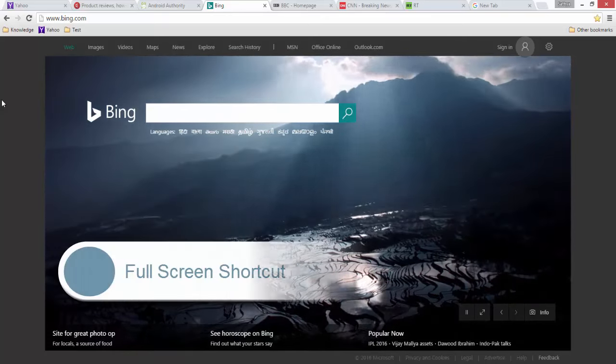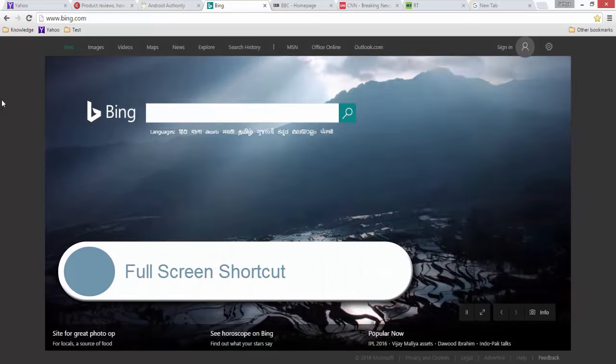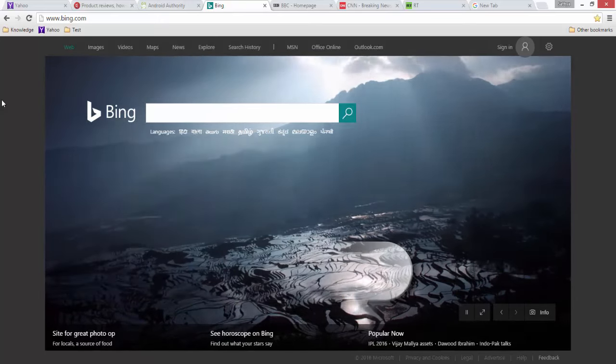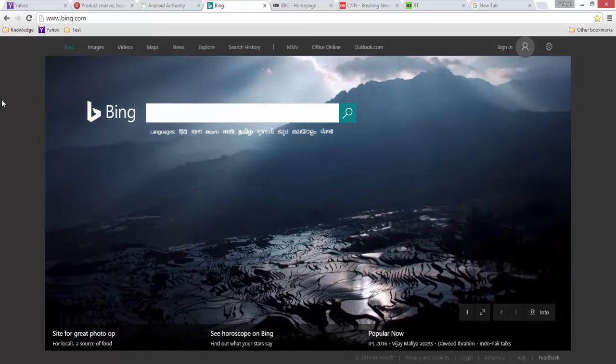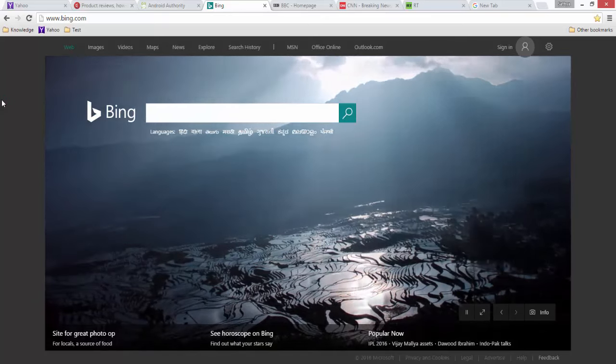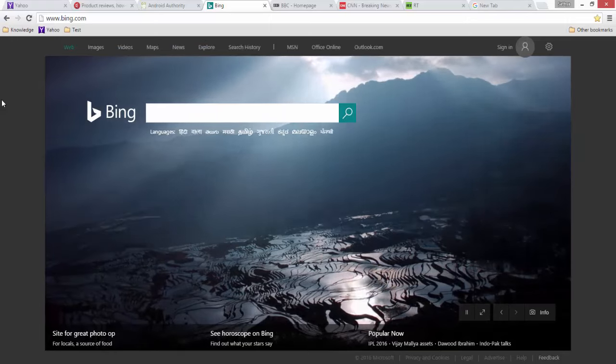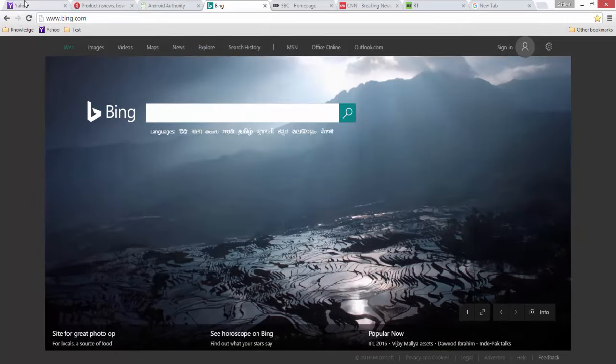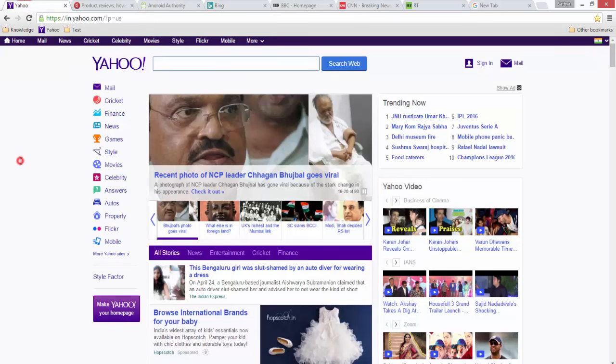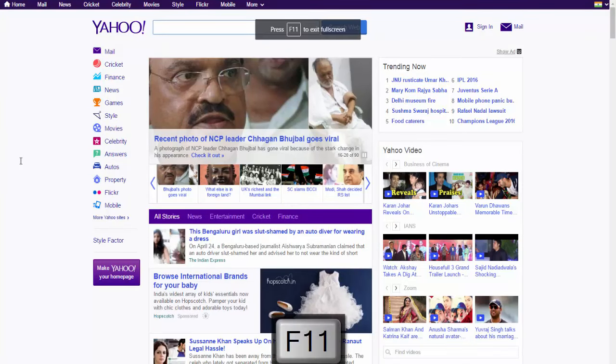The next shortcut is screen maximization. How do you maximize your screen? You can press F11 for maximizing your screen. I can open Yahoo and press F11, which will maximize the screen. It's a toggle button.